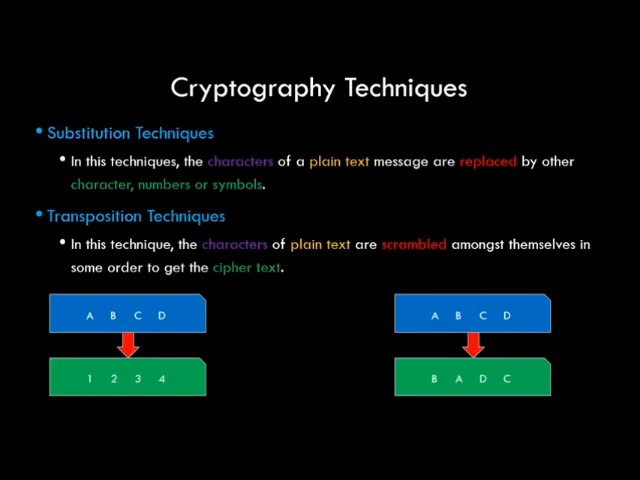Let's take an example of the transposition technique. Here the characters A, B, C, D are swapped and you get the cipher B, A, D, C. So consecutive positions A, B are swapped to B, A and C, D are swapped to D, C. I hope you can